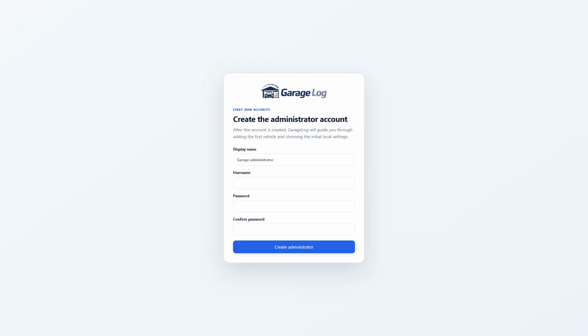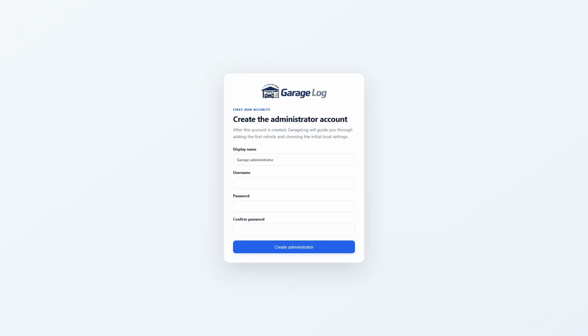So this is a tool for practicing good maintenance habits with your car, tracking fuel efficiency, how much you're spending per year on your car, all sorts of different things, just to generally practice good maintenance habits with your vehicles. So with that said, let's go ahead and get started, and I'll just go through the initial setup of setting